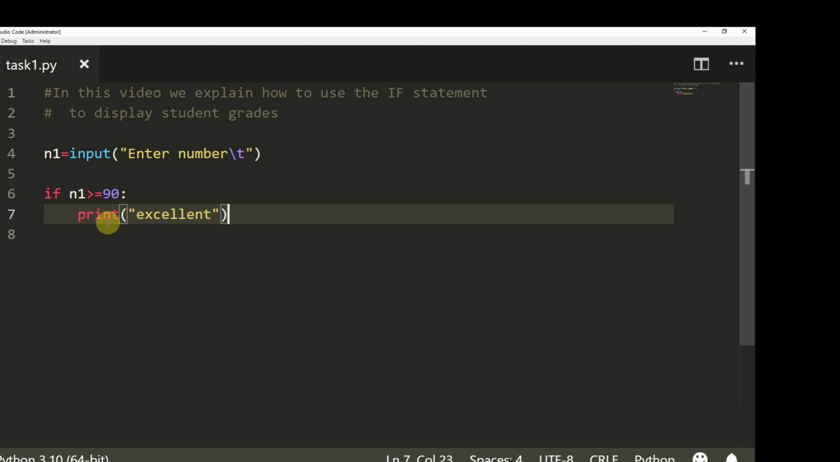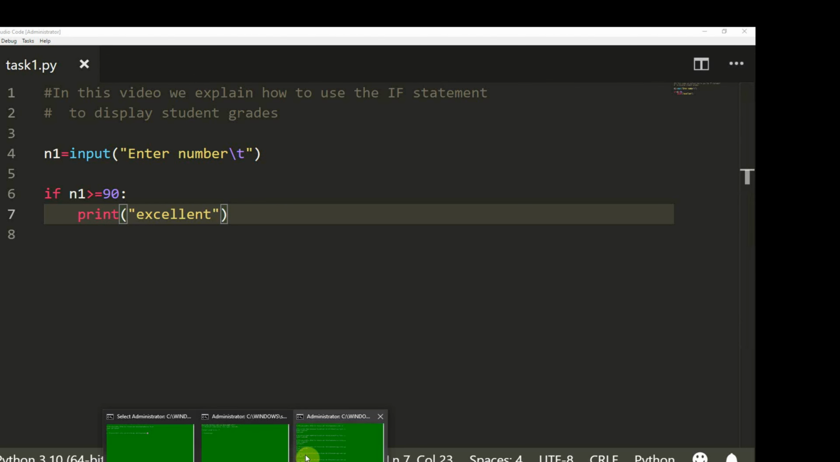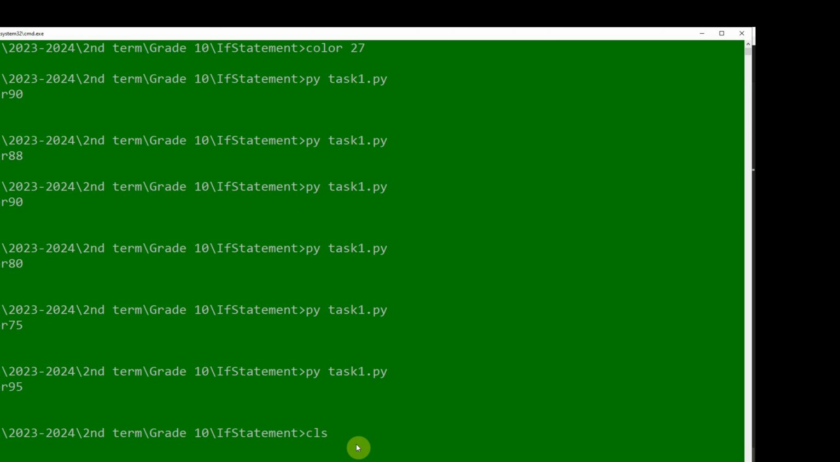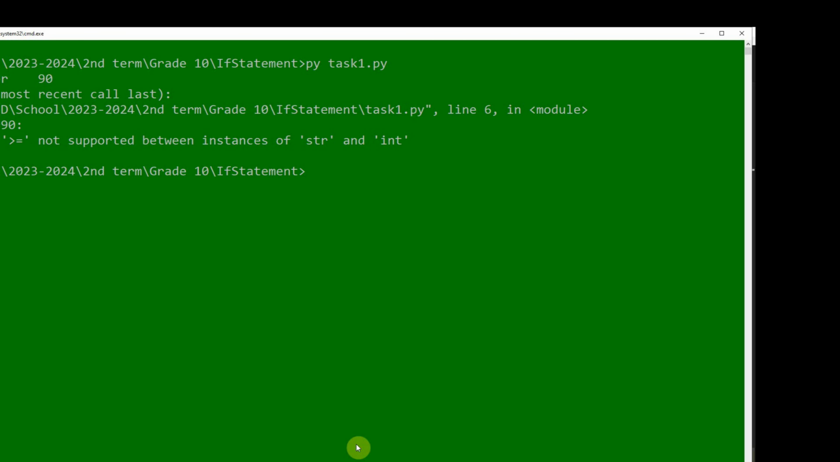Okay, now try the code by using the command copy path and go to the black console and write here, remove this result, CLS, and write here the task name, task1.py, for example. At first write py text space. Okay, now enter the number, for example 90. Okay, this error